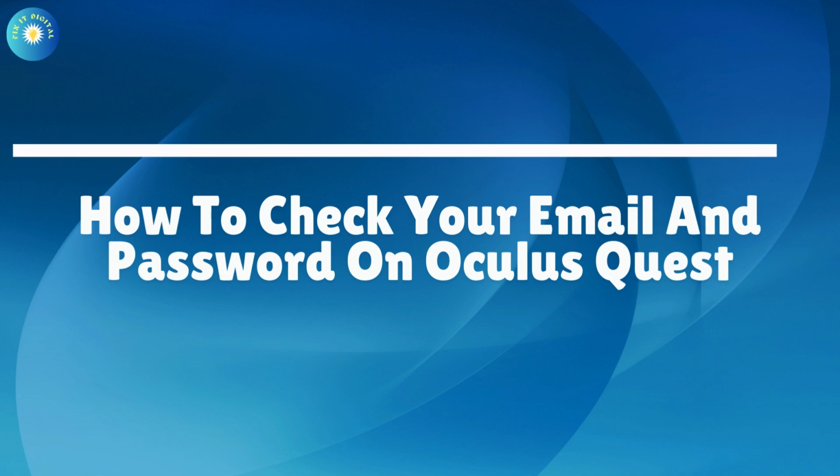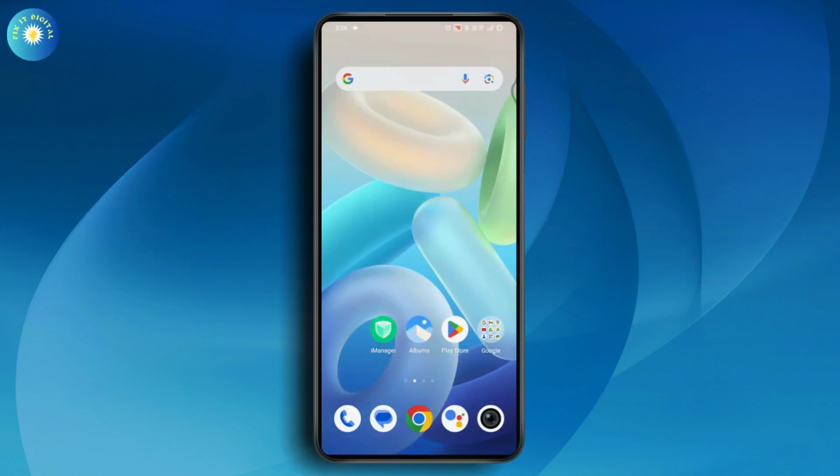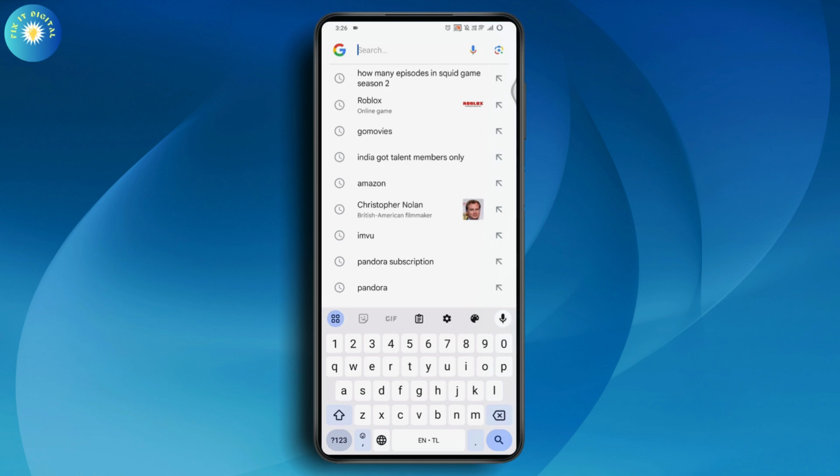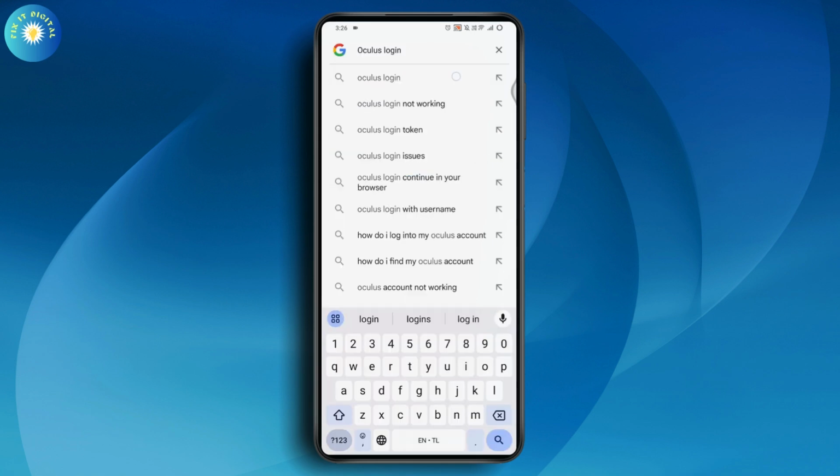How to check your email and password on Oculus Quest. So if you want to check your email and password on your Oculus Quest, then first you need to just open up your browser or Google, anything that you're comfortable with, and then search for Oculus Quest, or just simply